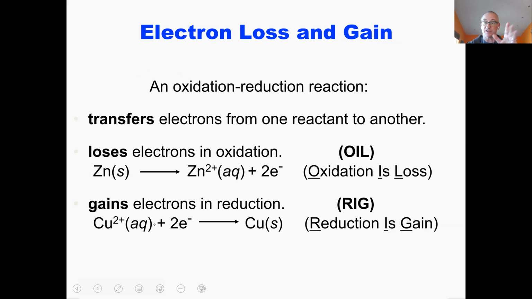So again, just to make the point of how you identify an oxidation and how you identify a reduction. Here is a classic oxidation reduction reaction. Actually, you can make a battery with this reaction, and all batteries